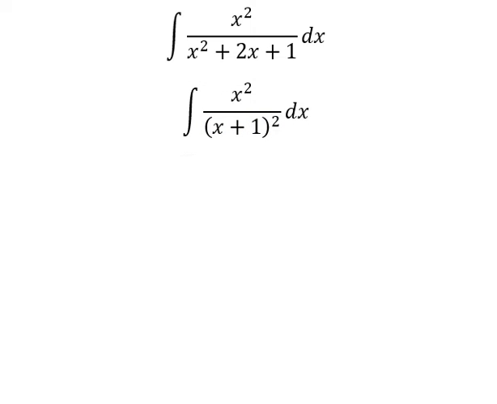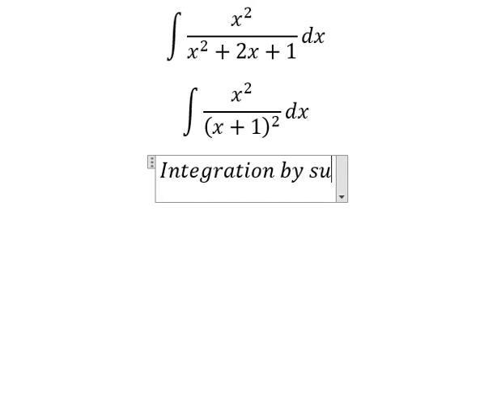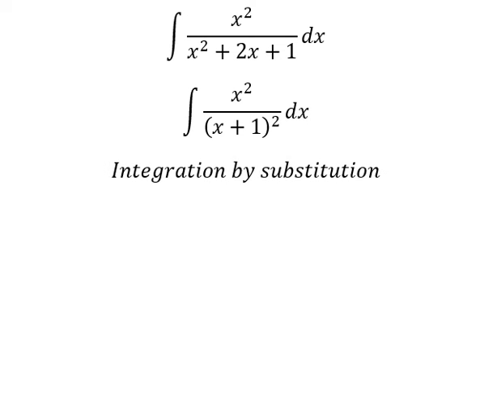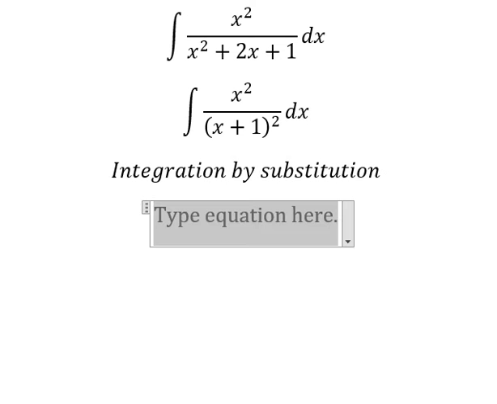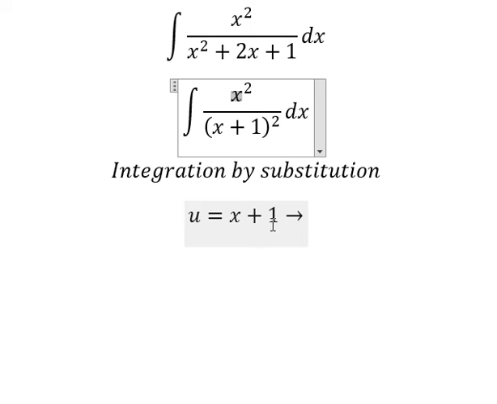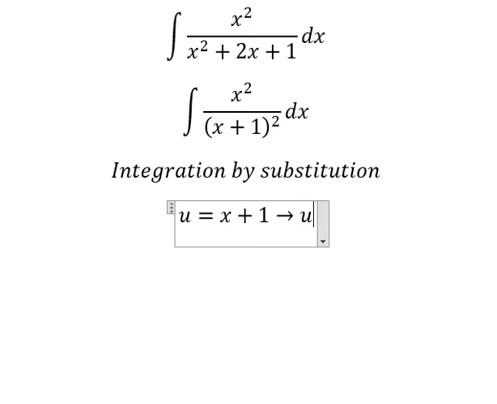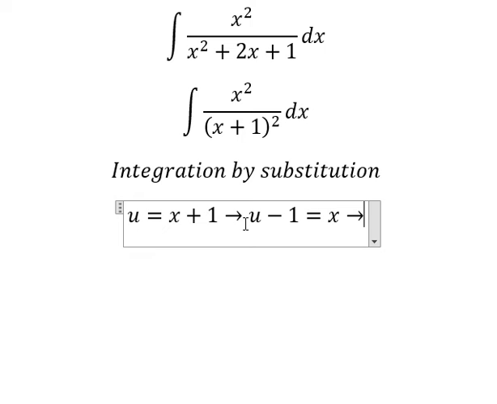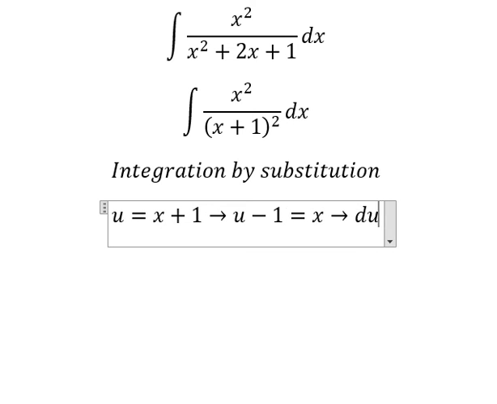Next, we need to use integration by substitution. So I will put u equals s plus 1. We have s, so I will put number 1 go to the left, and you get u minus 1 equals s. Later we take the derivative of both sides, and you get du